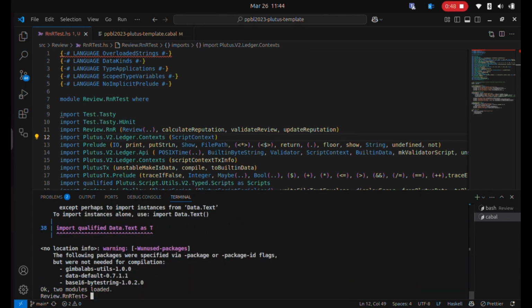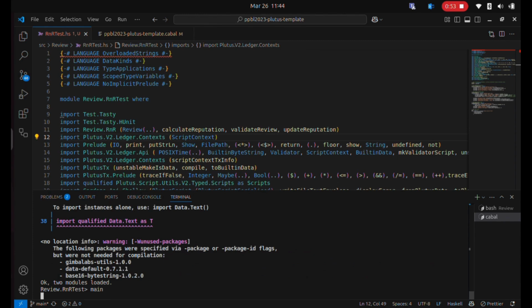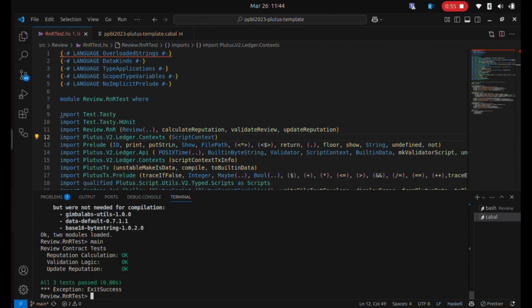We will run from main, and we can see that reputation calculation, validation logic, and updation of reputation are working fine and all tests have been run successfully.